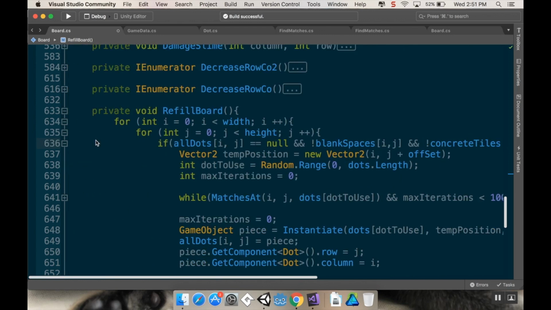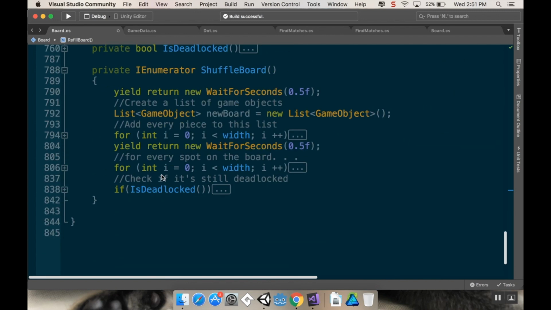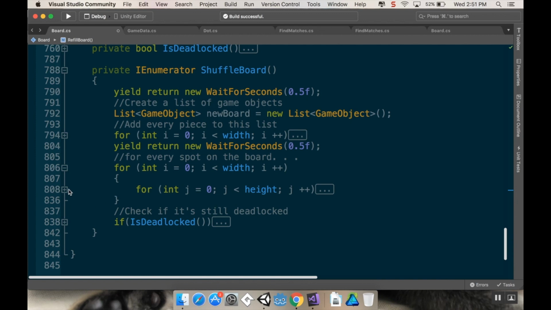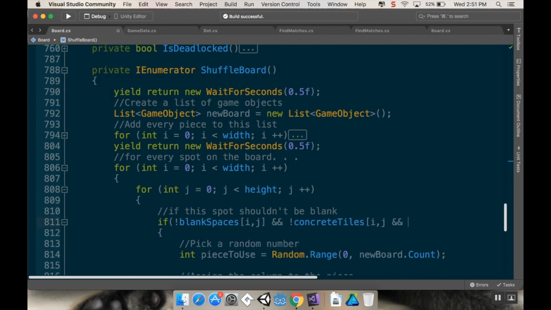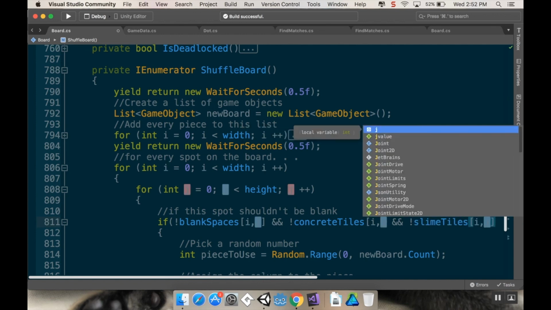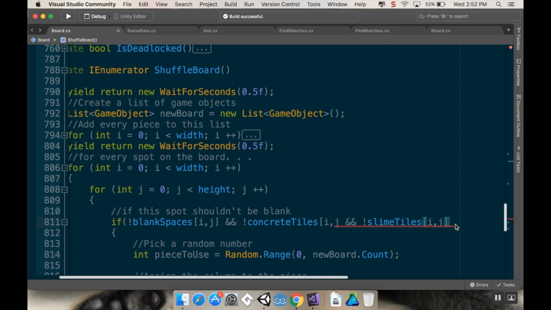Cool. And where else did I say? Shuffleboard, I think. So not concrete tiles and not slime tiles, IJ. All right, cool. Did I type something in wrong? Oh, yeah, I forgot the. Cool. All right, so